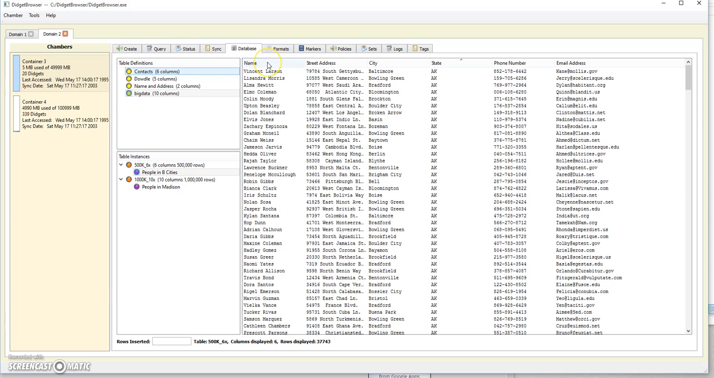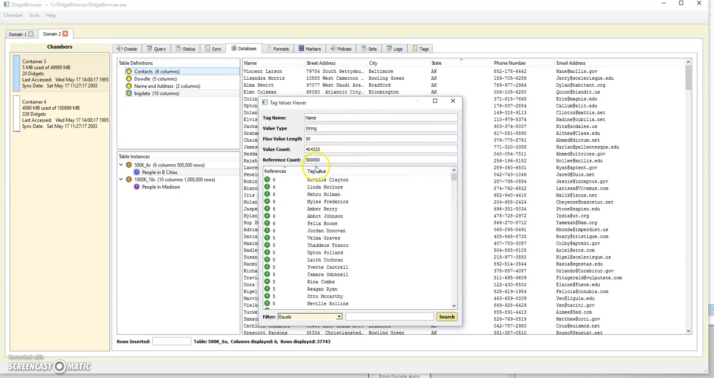Now each of these columns, I can just click on it and say, show me all the values. So I get instant aggregation of, for the name, for example, Neville Clayton was used the most times. There's about a dozen of them here that were all used 6 times in the table somewhere, and a bunch of them that were 5, and so on. We had 404,000 unique names in our table,